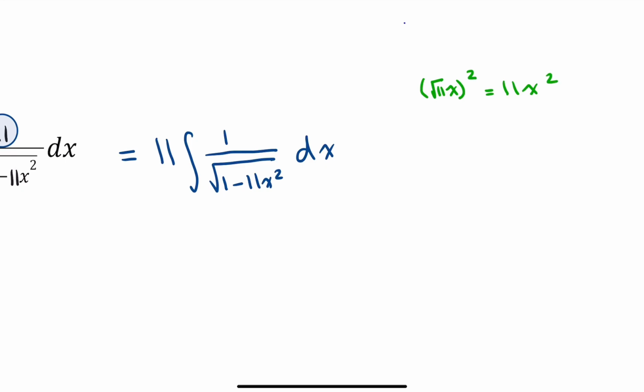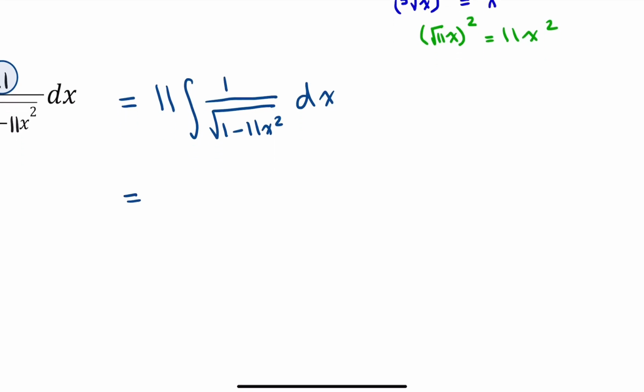Because recall, if you have a square root and you raise it to the power of 2, you're just going to get x. Likewise, if I have a cube root and I raise it to the power of 3, I'm going to get x. So rewriting this, we can say 11 multiplied by the integral of 1 over the square root of 1 minus root 11x all squared